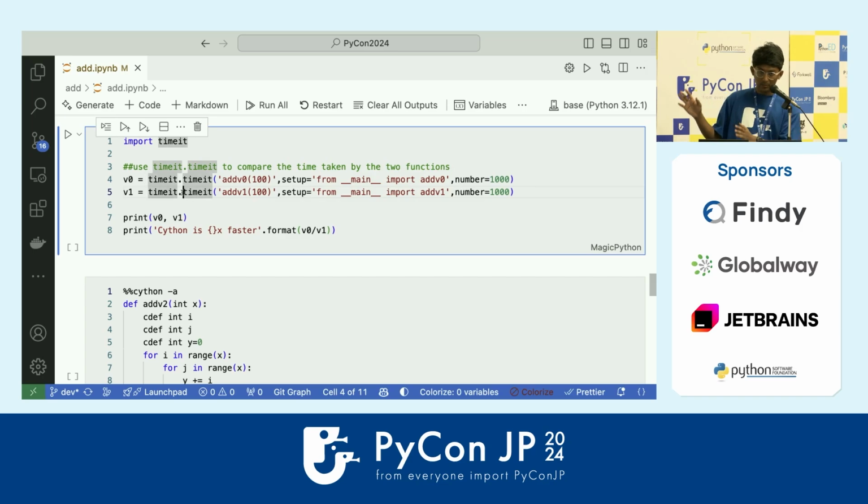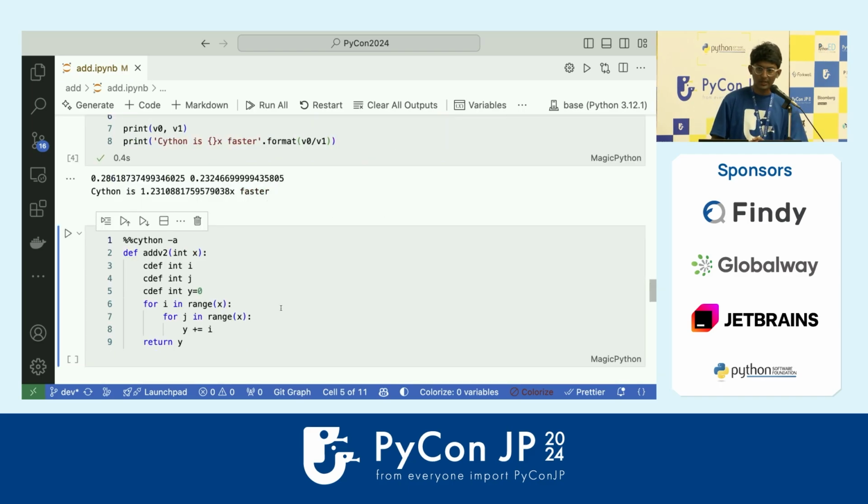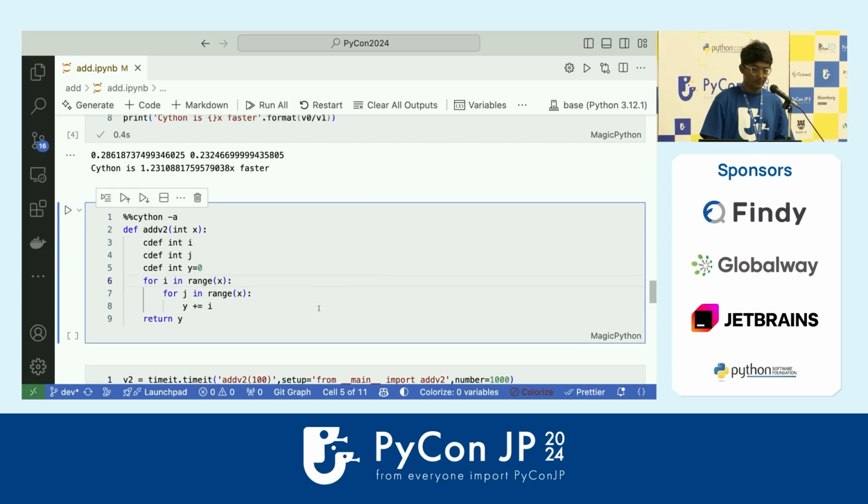Okay. So let's time it and let's understand. We did not change anything. We are keeping everything the same. What does the speedup look like? Okay, we get a 1.2 times speedup, which is not a lot, but given the fact we have not done anything, it's good. Now, the next step, if you remember, was this. We just introduced data types here. Nothing complicated. We just introduced them, and now we'll be compiling the code.